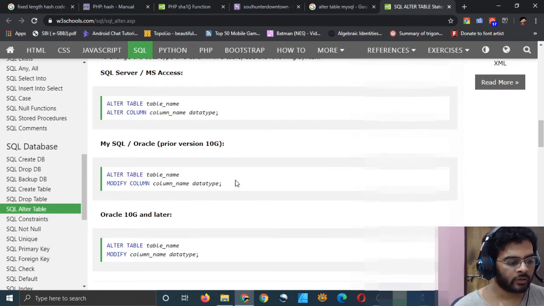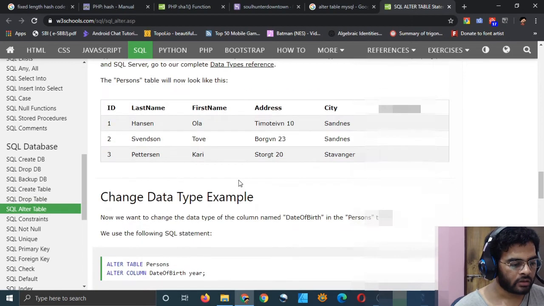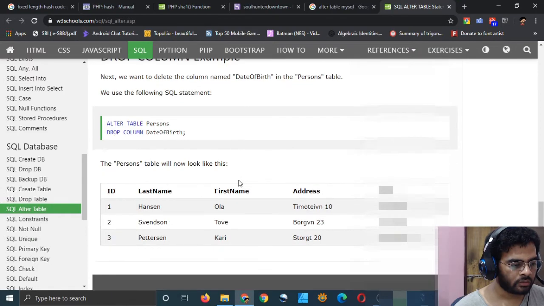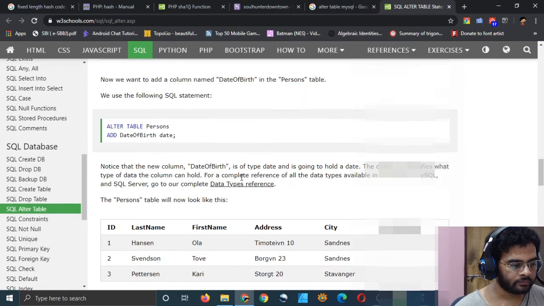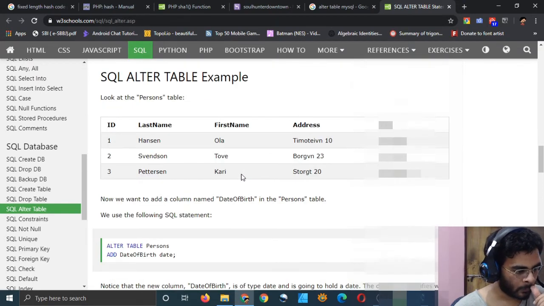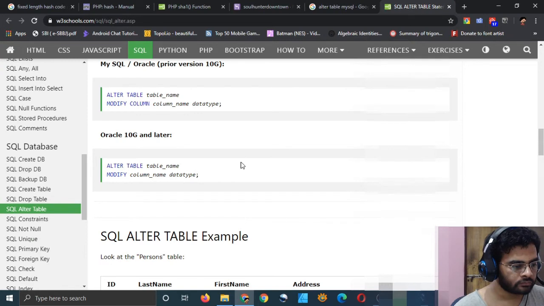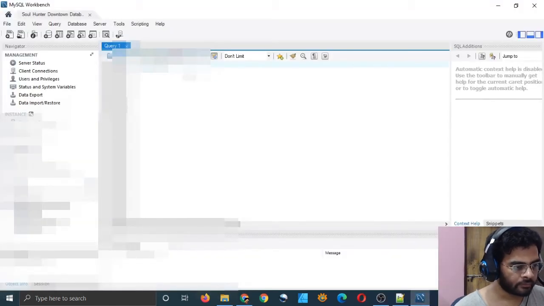That's how we can modify our columns. Can I modify multiple columns at once? I think I should be able to do that. Let's type this command and see if it works.